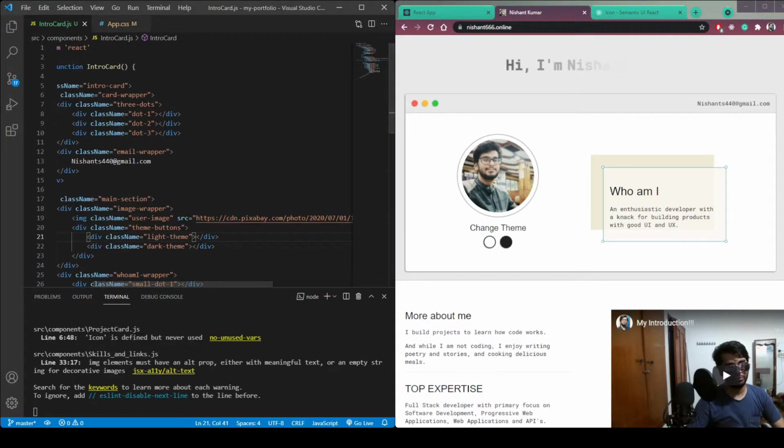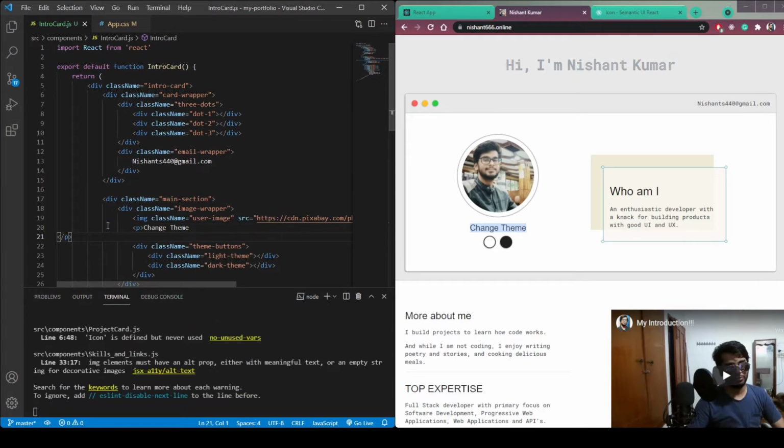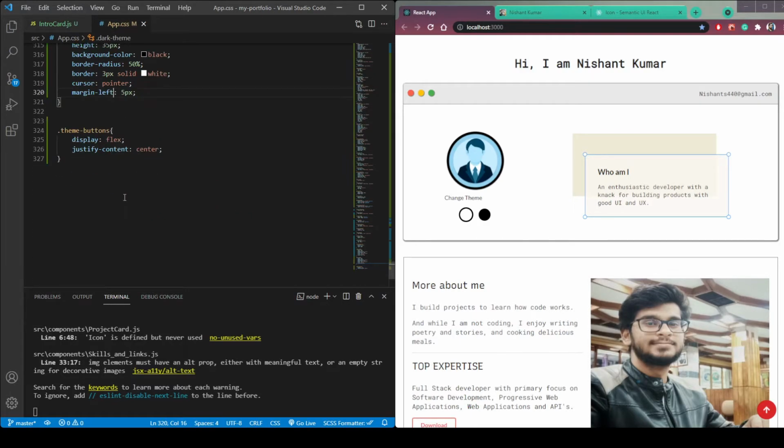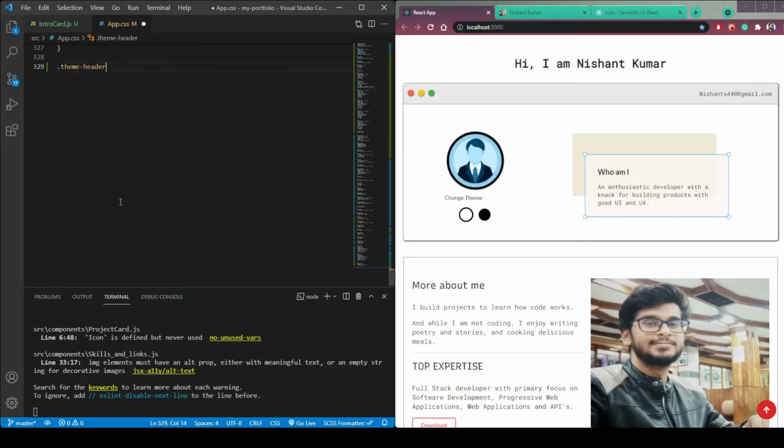Let's add this text header. So before this theme button, let's use the p tag, and then change theme. Save it, and you can see this change theme is here. So give this a class name of theme header. Then copy this class name and here paste it in the CSS file.